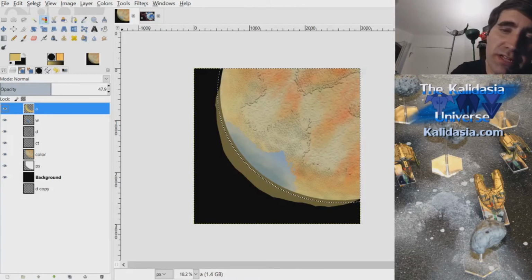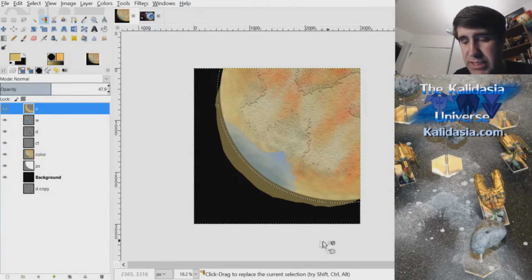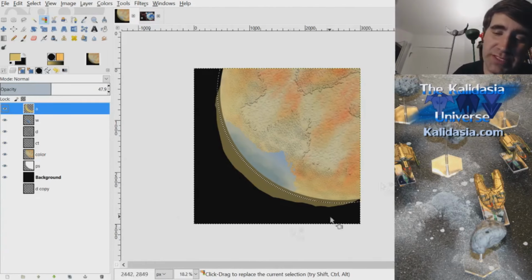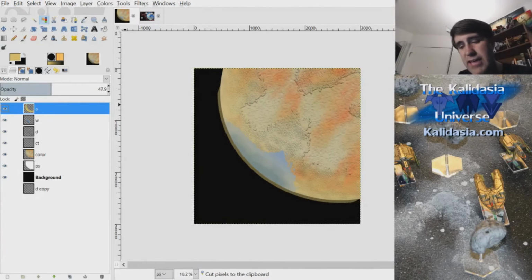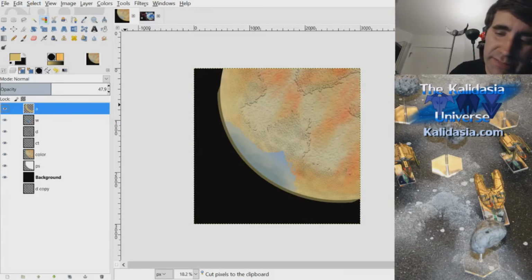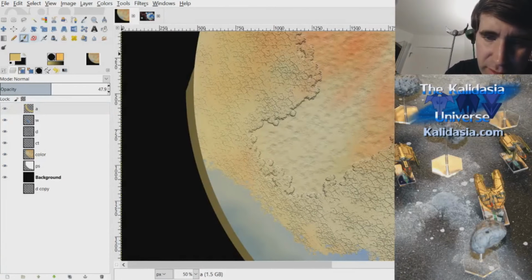And I'm going to go Select, Invert. So now what I've done is I've selected everything but basically 50 pixels from the surface of the planet, and I'm going to go Edit, Cut. And this is going to remove all this excess atmosphere. So you're only really left with a tiny little layer near the surface of the planet. Select none, and we can probably go in with